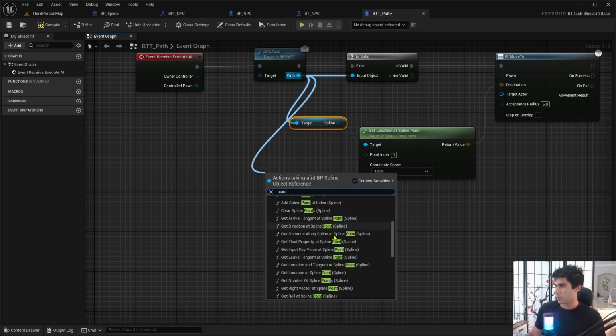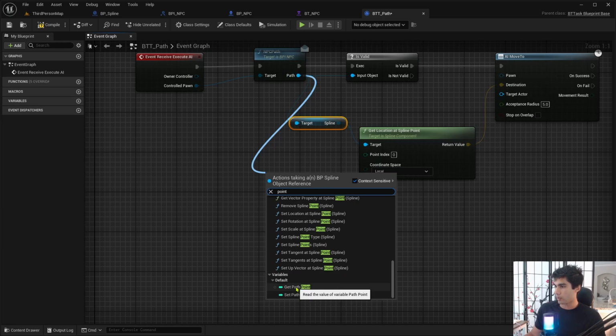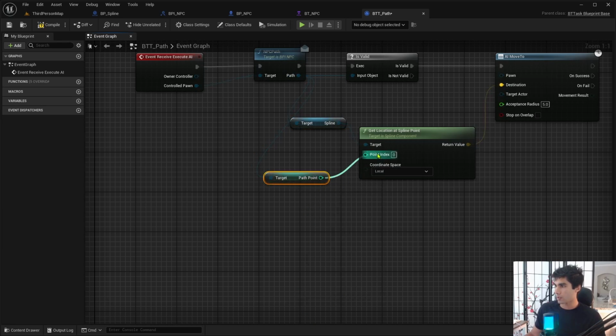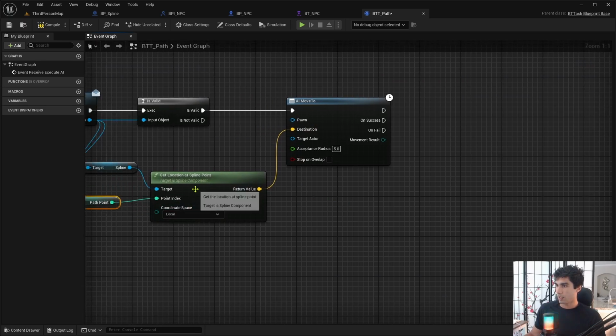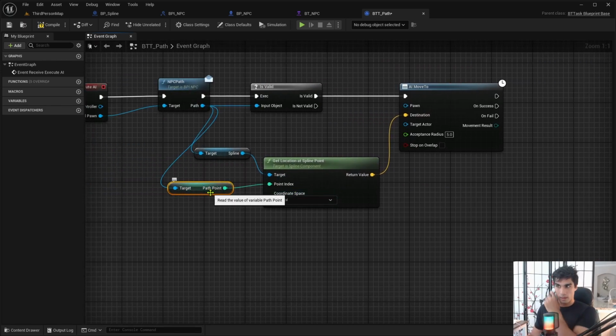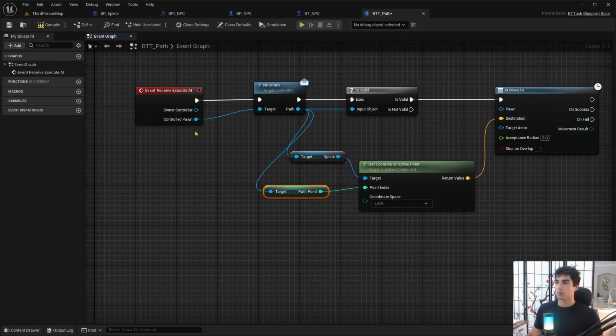What's it called? Spline point, get path point, yeah. Get path point, attach that to the point index. And so it's going to move to that particular path point. So every time the event executes